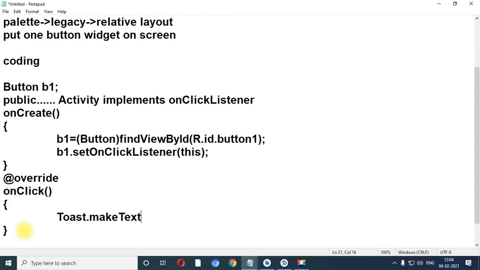Make text is a method of Toast class, right? So Toast.makeText. Now see on which location you want to display the toast. Right now I want to place the toast in the current position, so over here I can write this. Then what is the message I want to print? MVM college. That message I can write in between double quotation, and then